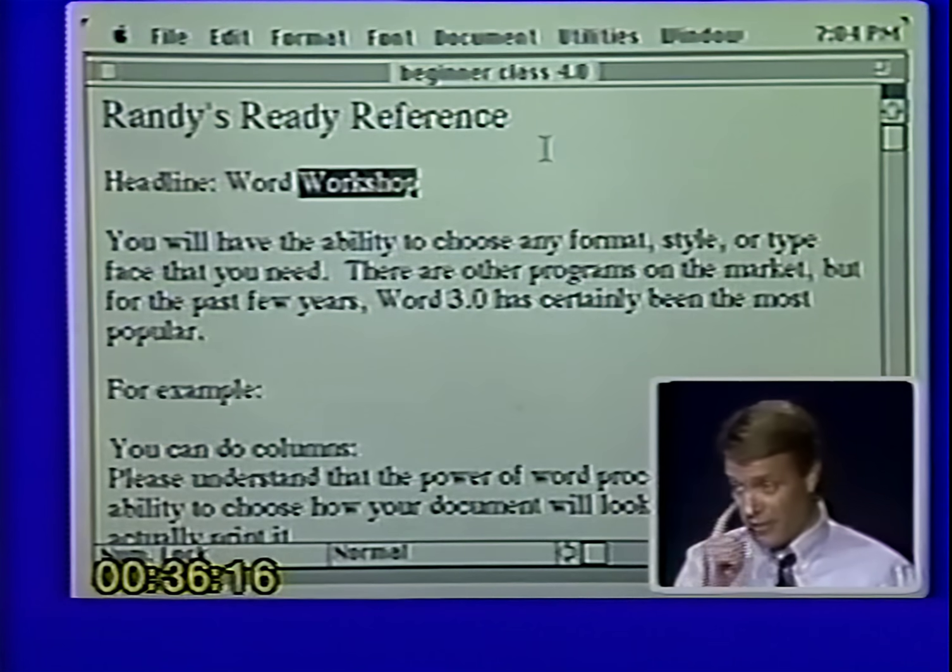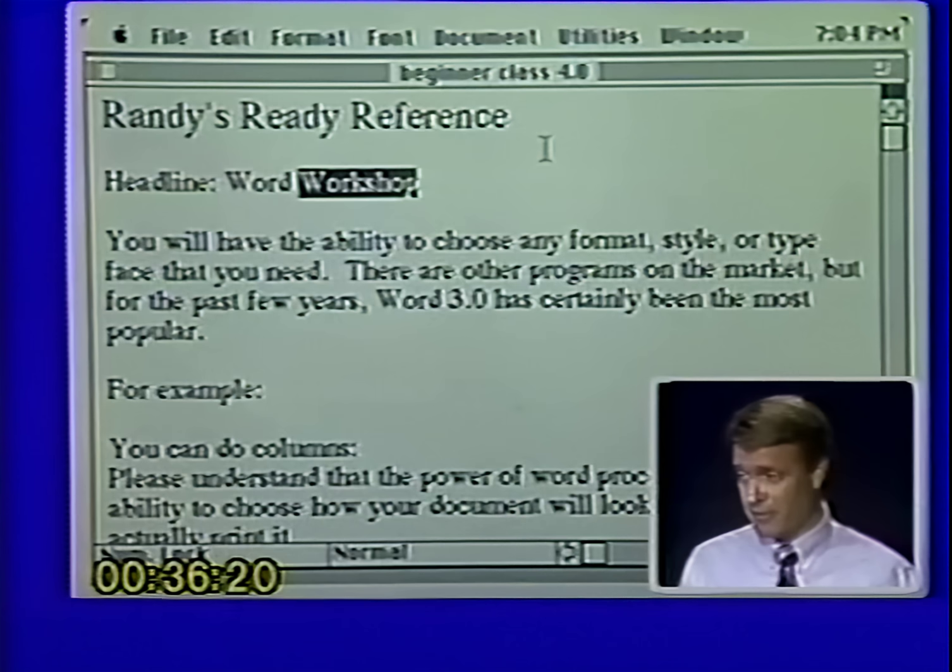Now there's one other shortcut using these same commands that will save you more time. I used to get so frustrated when I tried to decide the size I wanted my copy. I'd go up and I'd choose 9 point and it'd be too small, and then I'd choose 36 point and it'd be too large, and then I'd choose 18 point and it'd be too small, and I'd go back and forth and waste a lot of time.